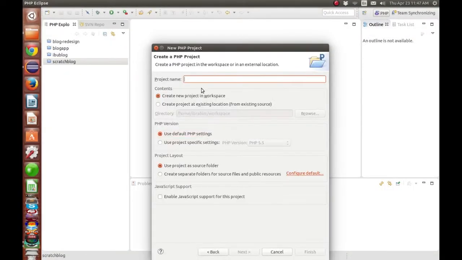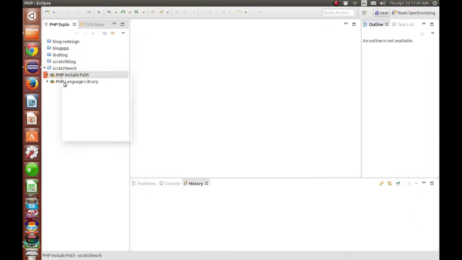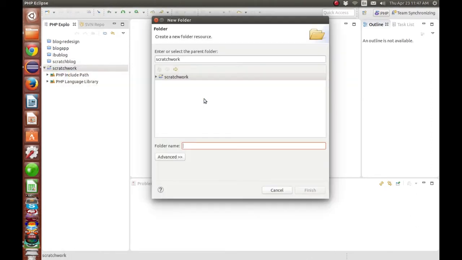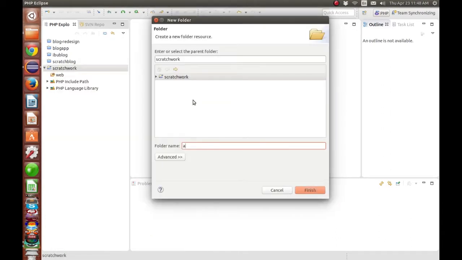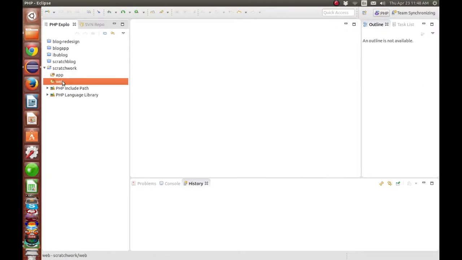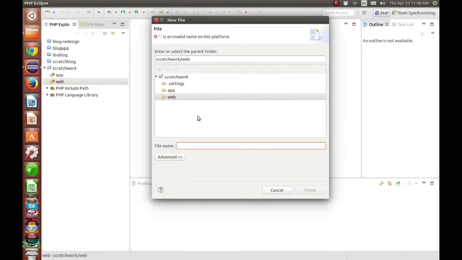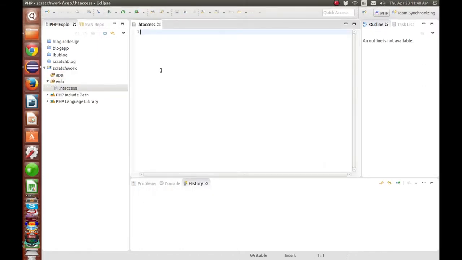Okay, we're here on my Linux machine, my Ubuntu, and we're gonna be starting a project from scratch. So we're gonna put our other part of the code separately and get started here. As you can see, I always like to have a web folder where I put my front-facing section of my application. It's gonna have all the HTML. And since we're building a framework, what I want to do is create a single file, my index.php,